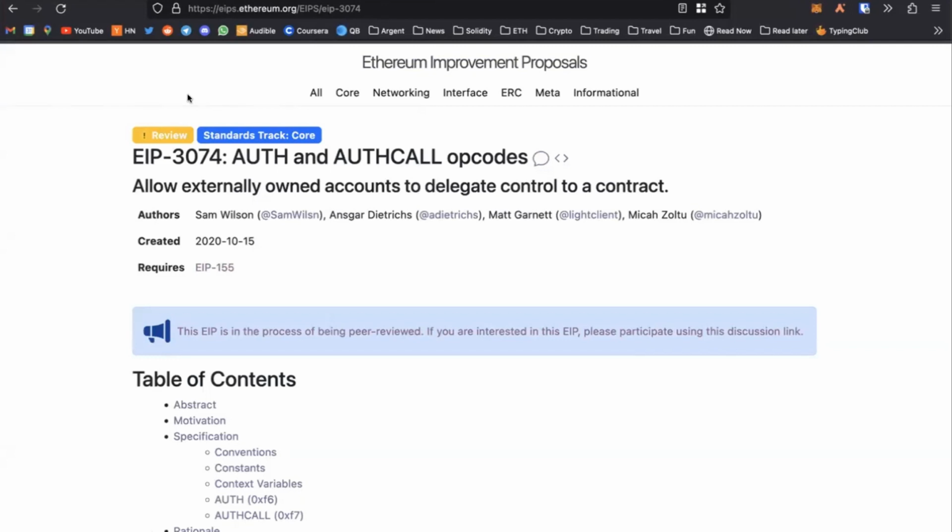I think I actually was at the presentation of this at EFCC by Ansgar. But at least on Era, it's been made natively into the protocol. It's like an advanced version of this, if you want.